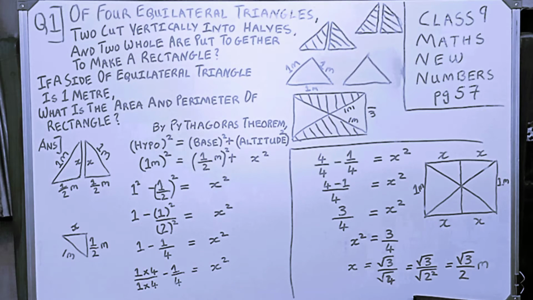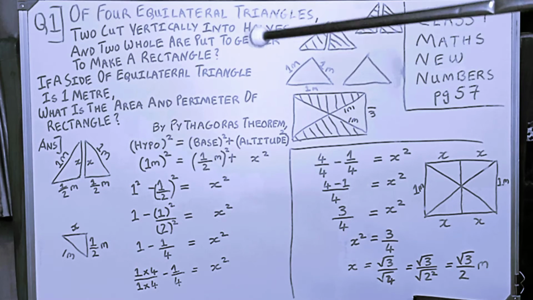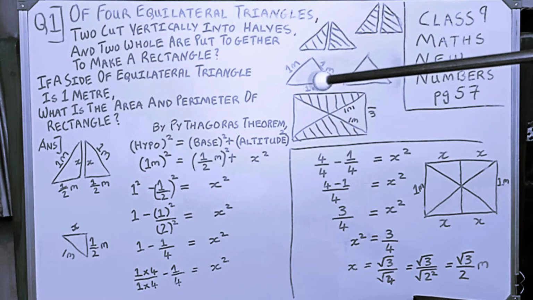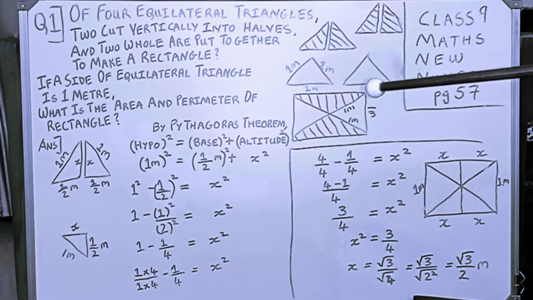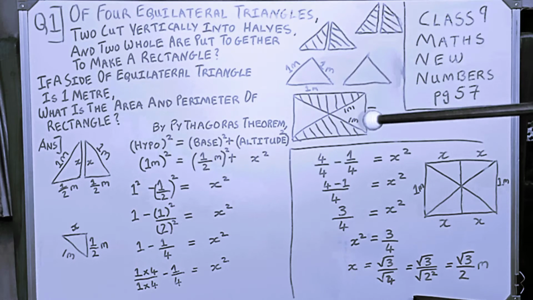This equilateral triangle, we can imagine in the rectangle itself there are four equilateral triangles. The colored one you can see is split up into two right angle triangles, and for the non-colored ones all the sides are 1 meter. In the question itself we have been given that the side of the equilateral triangle is 1 meter. So since this side of the rectangle is 1 meter and this side is also 1 meter,